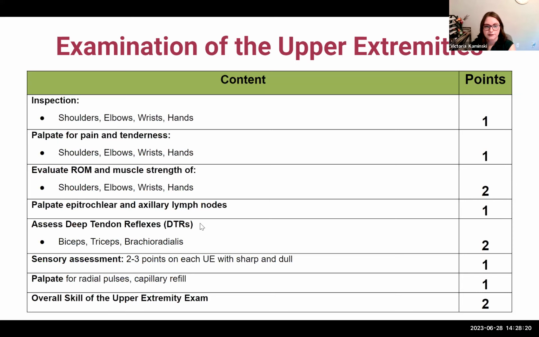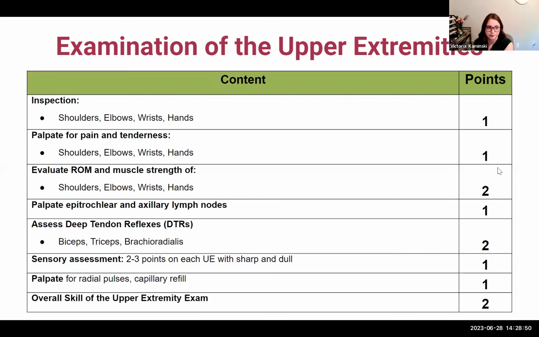Assessing for deep tendon reflexes, and those are your bicep, tricep, and brachioradialis. You're going to use your reflex hammer for those. For sensory assessment, you're going to do 2 to 3 points on each upper extremity, testing for sharp and dull detection, and the patient should have their eyes closed. You should touch them with a sharp object, a dull object, and alternate back and forth in different locations with correct identification from the patient. You're going to palpate for radial pulses and discuss the capillary refill that you're assessing, and then additional 2 points